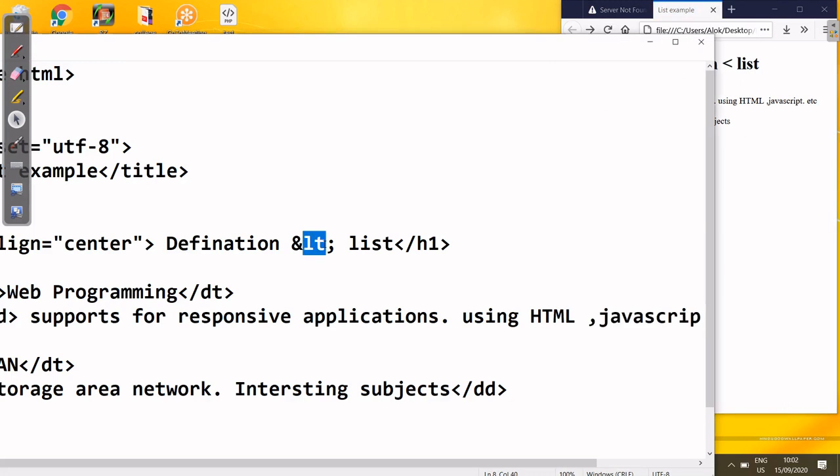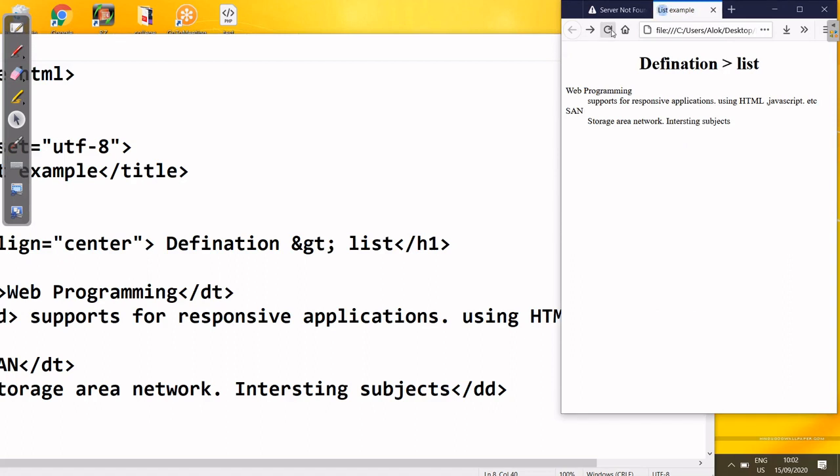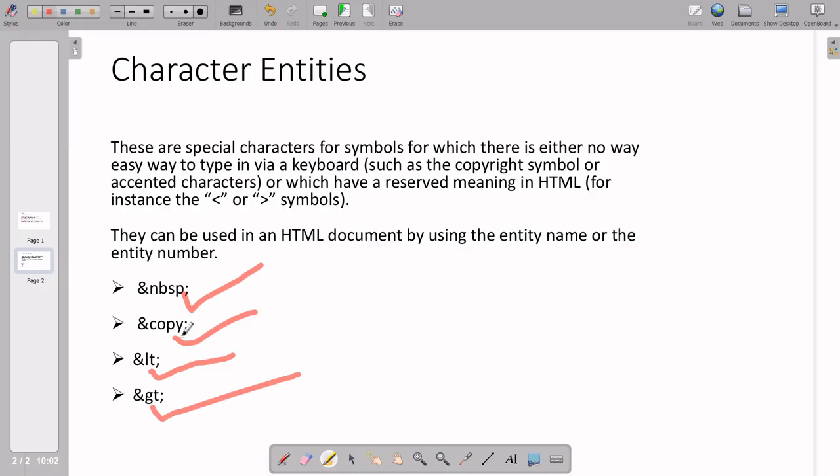Same thing, GT you put here, Control S, refresh. So in this way you can use NBSP, COPY, LT and GT. I think in this video you got the idea regarding lists, and also character entities.